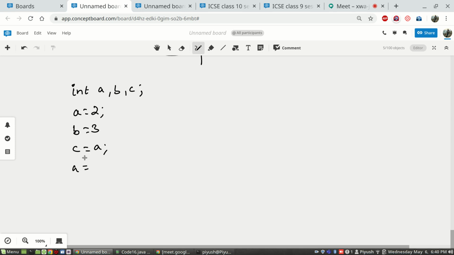Okay. So in A, we have the copy of A in C. What we can do is put the value of B inside A, right? Is it clear?